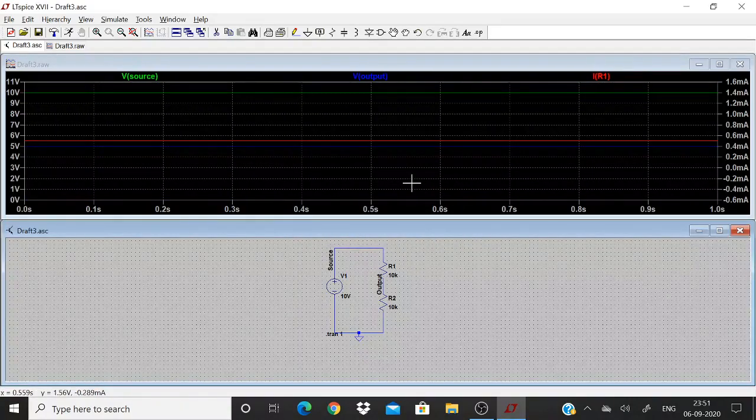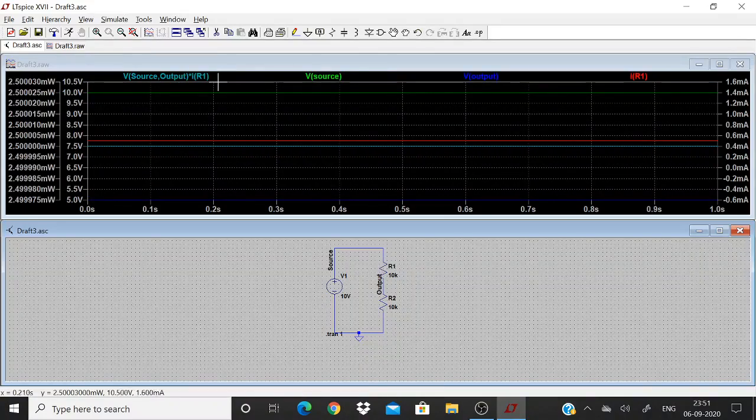Now, imagine without doing the algebraic manipulations, if you want to analyze the power in the circuit, say I want to analyze what is the power dissipation in resistance R1. You have to just press the Alt key, and now you can see the icon of a mercury thermometer, and you have to just click that component. Now it will give the power through the resistance R1.